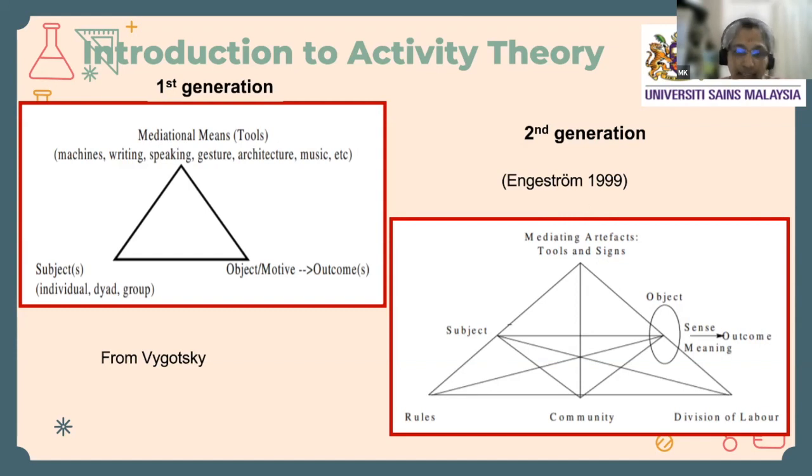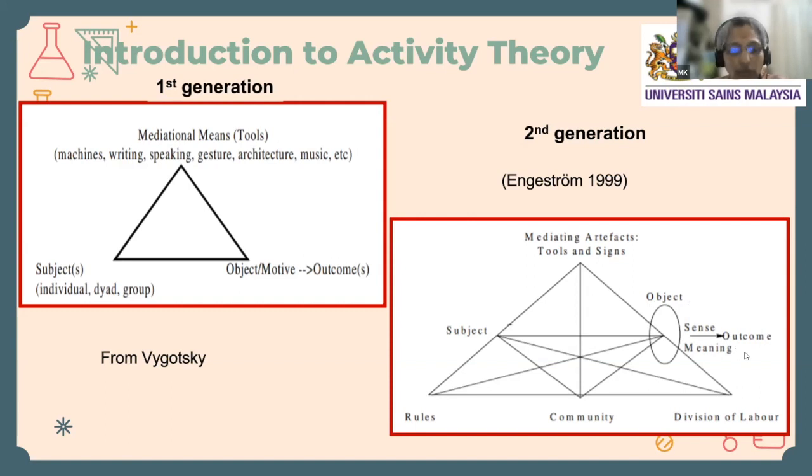So he says that it's not only individual subject, but activity is socially based. So the three dimensions or three elements of activity theory are expanded by having rules, by integrating the community, and by having division of labor. So when the activity is performed by considering all these seven elements to achieve the objective, collectively the objective can